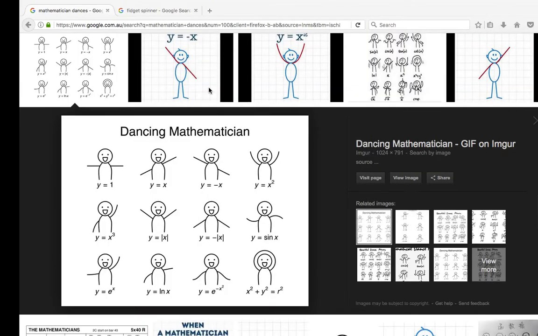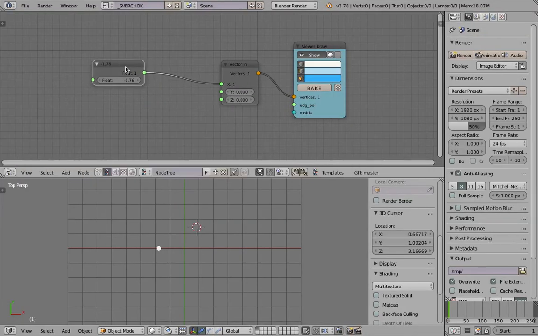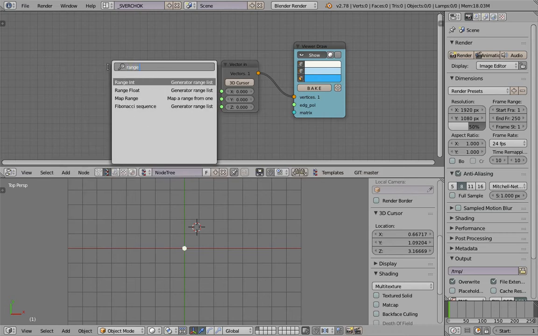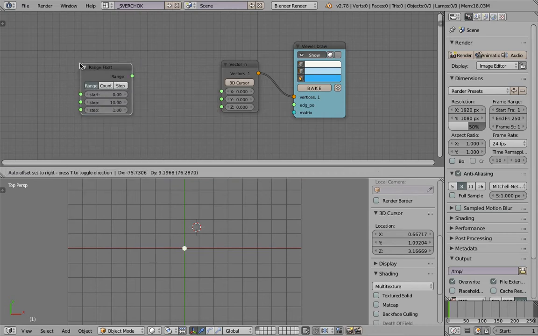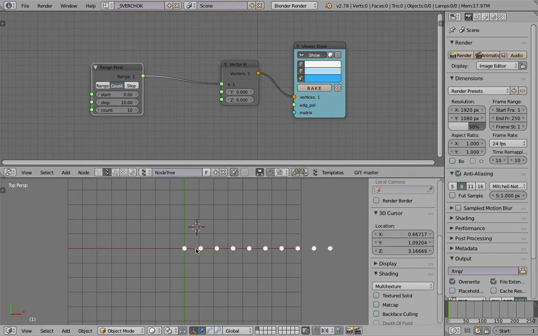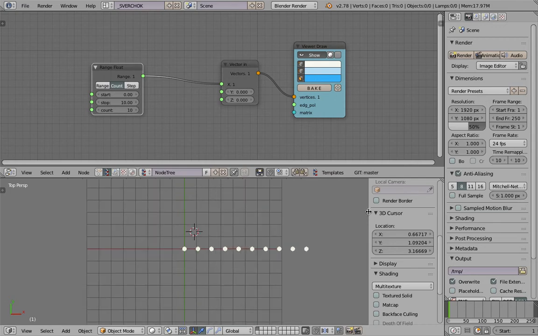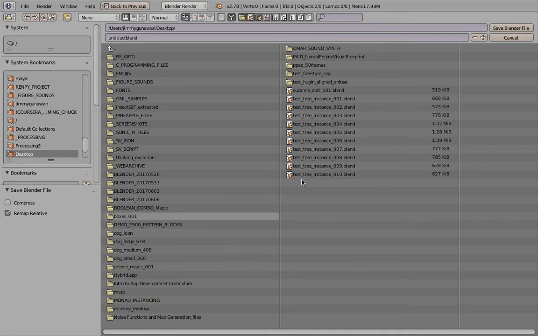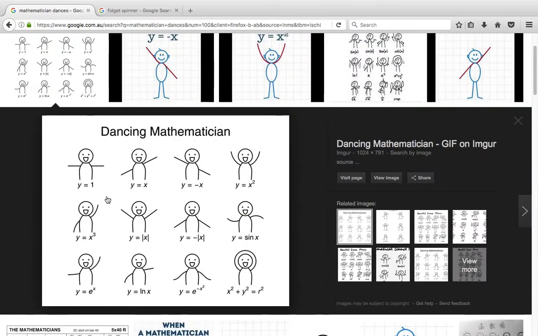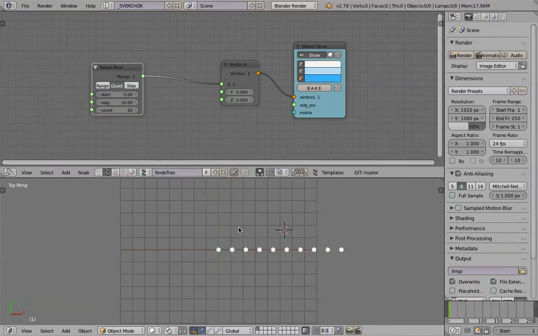Okay, so this is actually gonna be the first thing to understand. So I will provide some kind of range of number. Instead of a single number, I will use range of number. So I'm gonna put it like between 0 and 10. I'll have like 10 points. If I plug that into the x, I'm gonna have 10 points. And this is gonna be something that represents the left arm of the character. If the character is looking to the front,